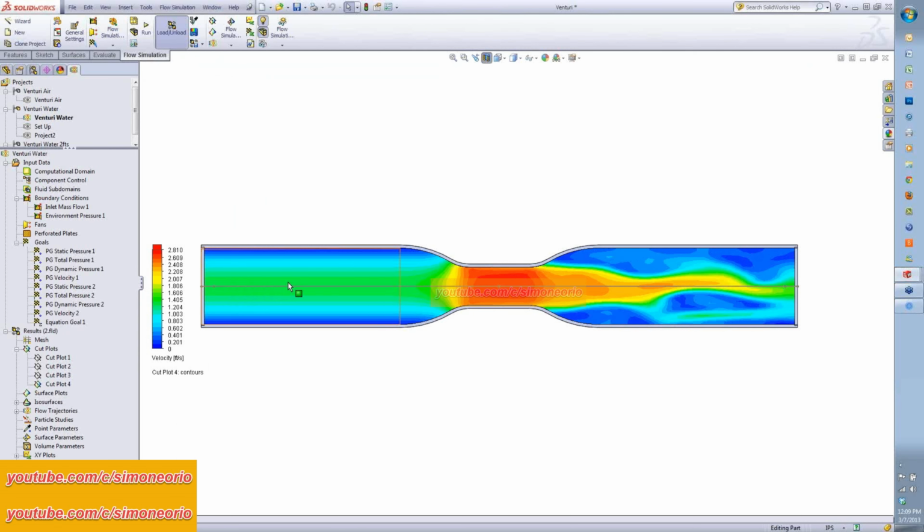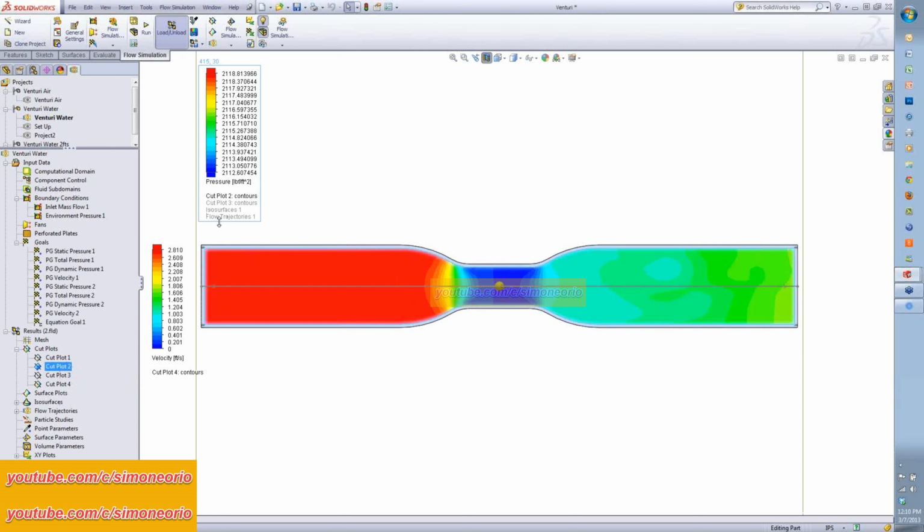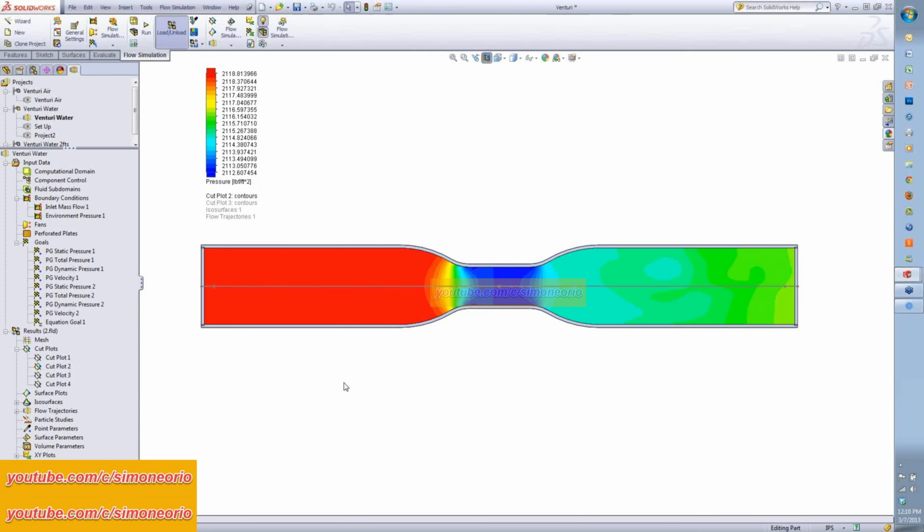We have a lower velocity in the area of high pressure, and we have a high velocity in the area of low pressure, and it tapers out. So we're receiving exactly what Bernoulli predicts, right? He's indicating that an area of low pressure is going to have a high velocity and vice versa. So simulation is actually showing that by these two plots.